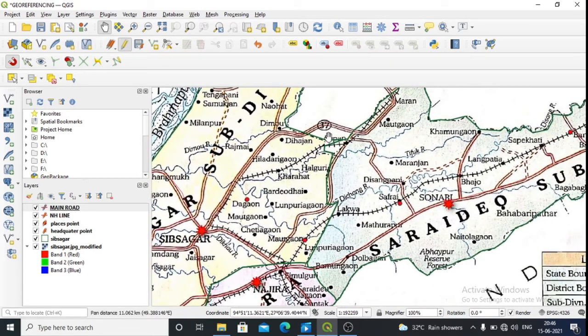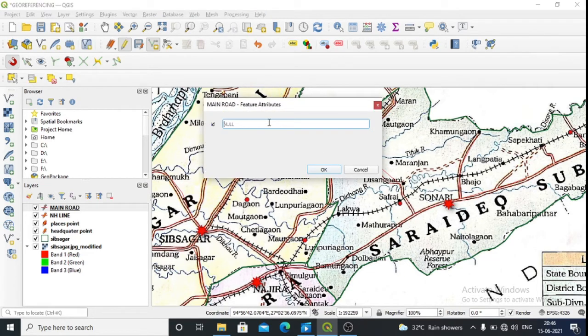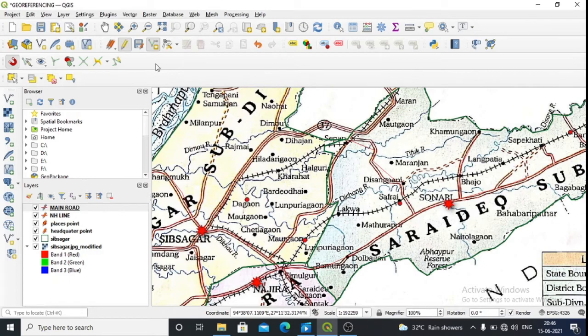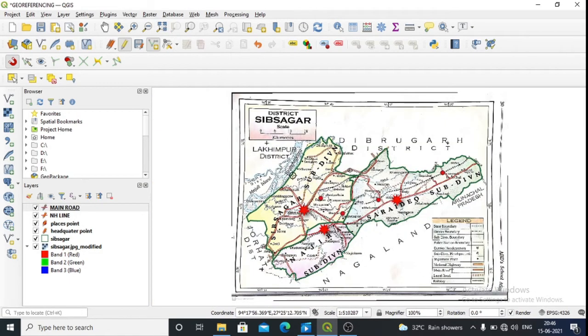Okay, so this road has not been added, we'll add this particular road. ID number 9. So all the main important roads and the highways have been added. So this road line feature is over.